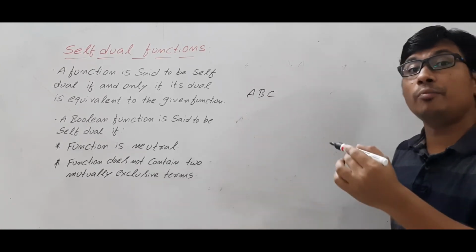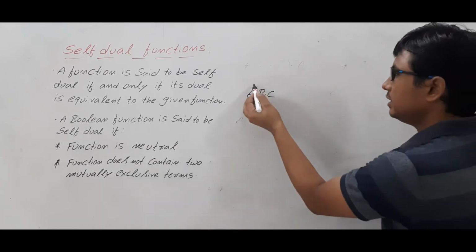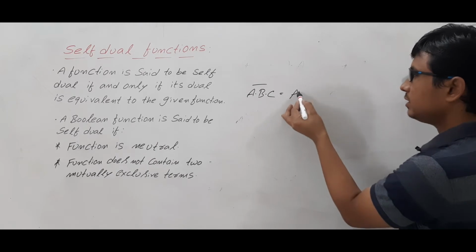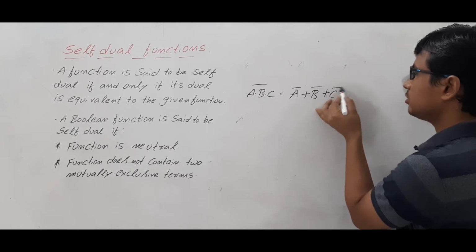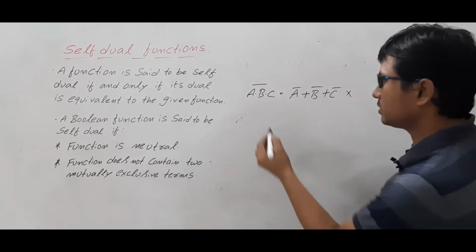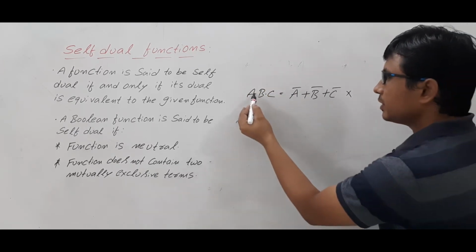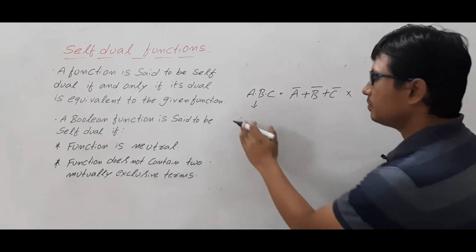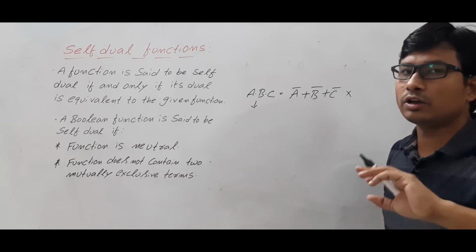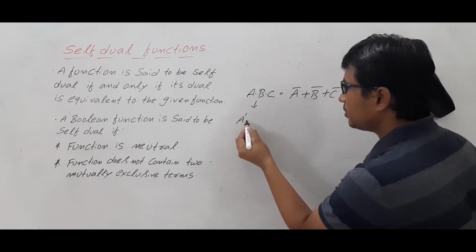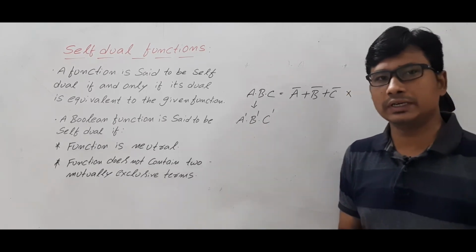It is not A complement or B complement or C complement. Why? If I do the whole complement, as you have an AND, it will become OR, B complement or C complement. This is not what we are talking about with the mutual exclusive term. The mutual exclusive meaning is that if you have a min term A, B, C, its mutual exclusive term will be each variable complemented, not about the operator. So it will be A complement and B complement and C complement. Are you able to understand it or not?